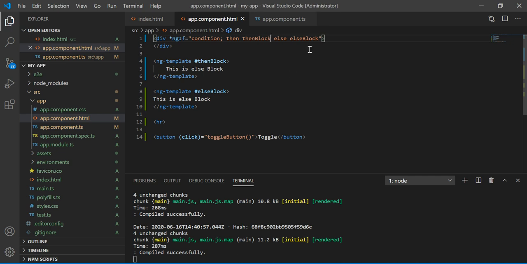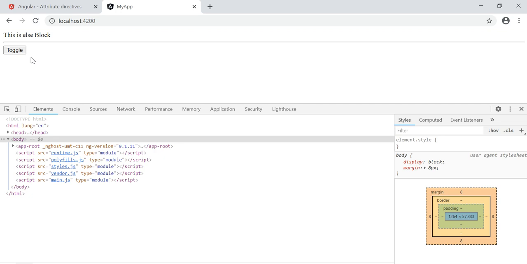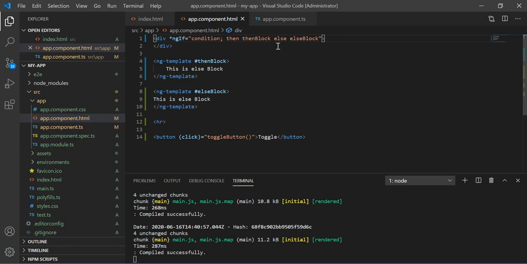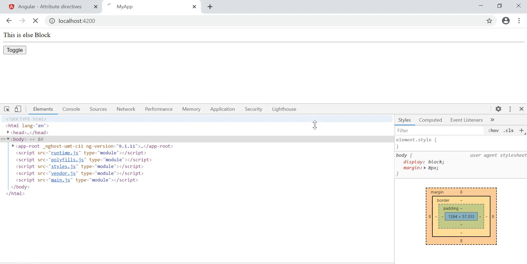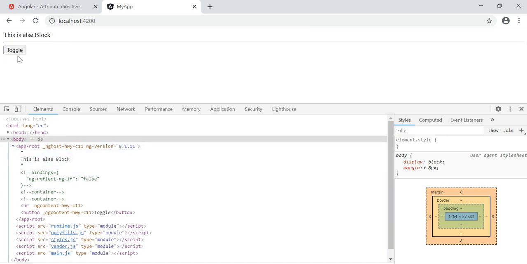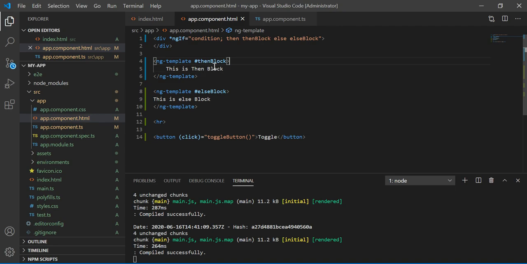Else, go for else block. If the condition is false, then go for else block, right? This is the then block, the condition is true, else go for else block, right? So likewise, we have separated all the if block, then block and else block, all right?